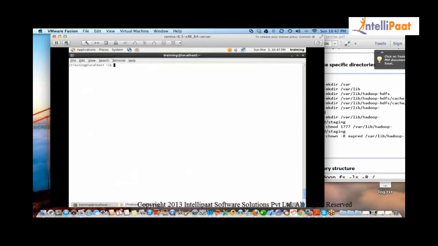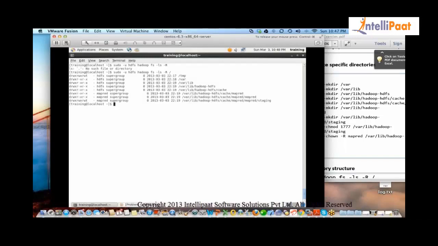So we are on step number 9, where we created some directories for Hadoop, and we are just verifying that those directories are created. Now if you see, you are logically accessing this data, which is physically stored in a certain way. These are the directories that you've created for Hadoop. These are not for your use.